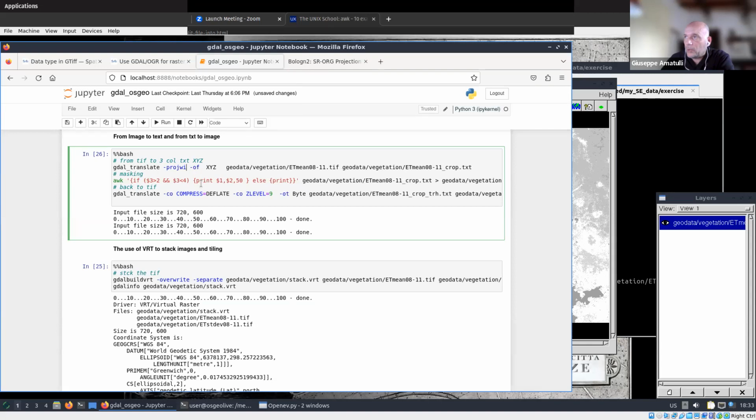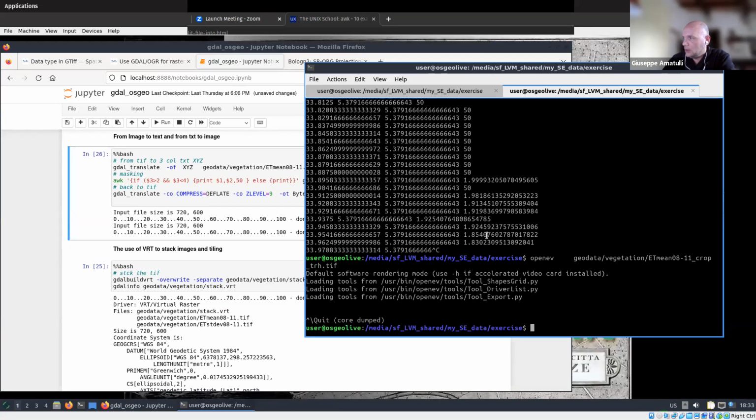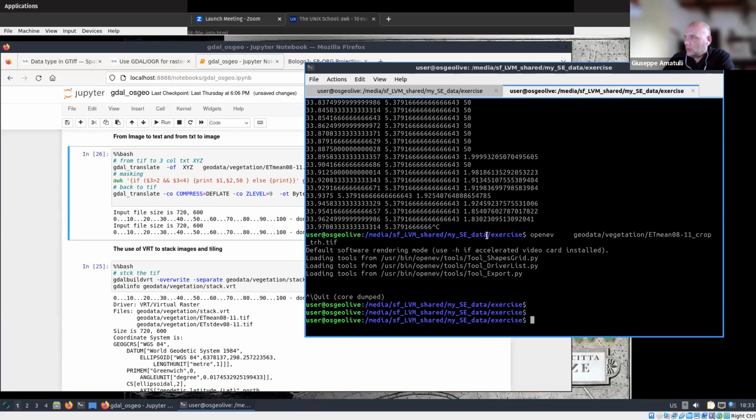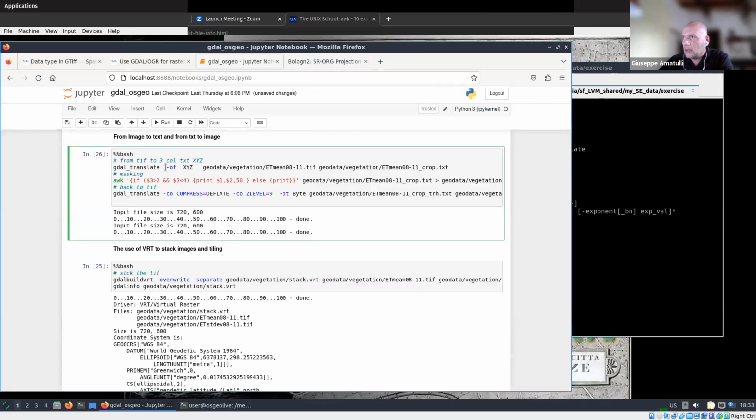Or even better, the GDAL translator. We can do it. Look, let's close this one. You do gdal_translate. Okay, so rather than the coordinates, you can put this one, yes, this one, the source win. So the source win is given to you in